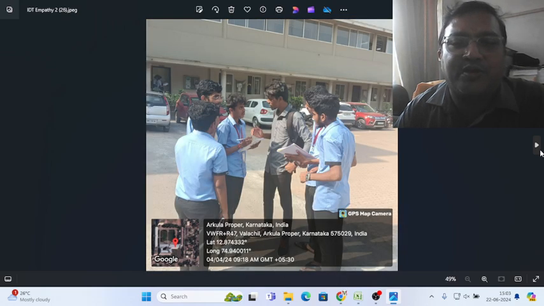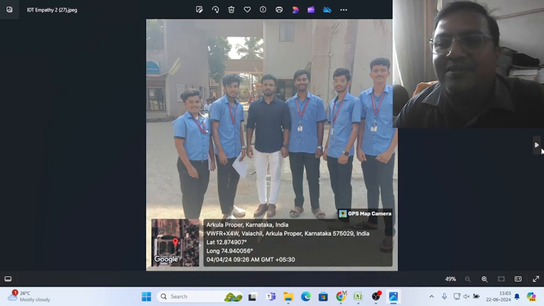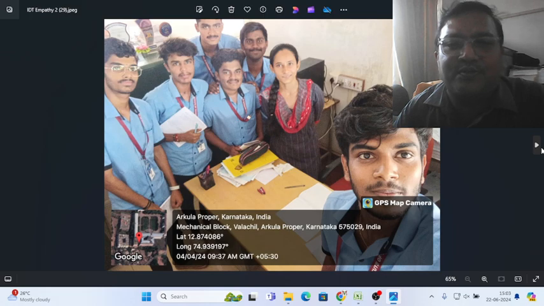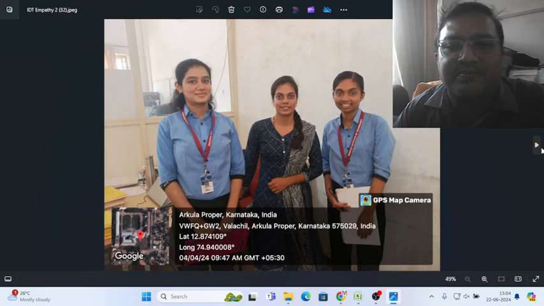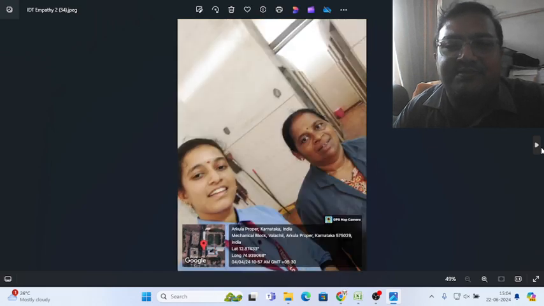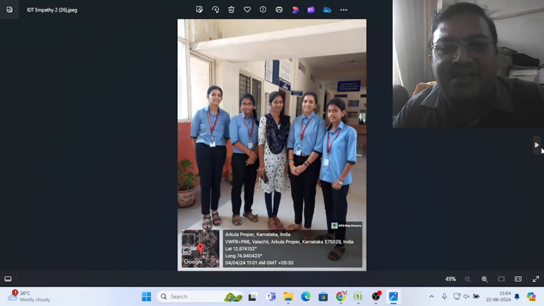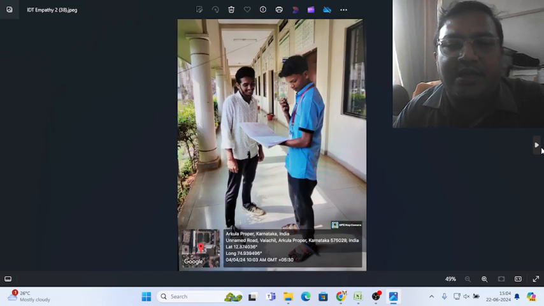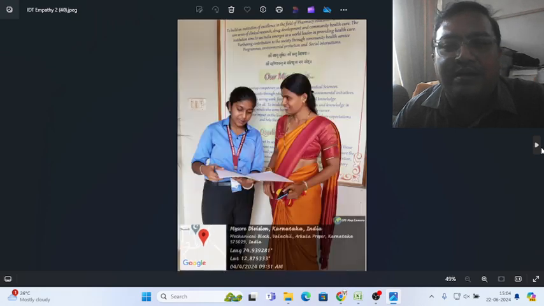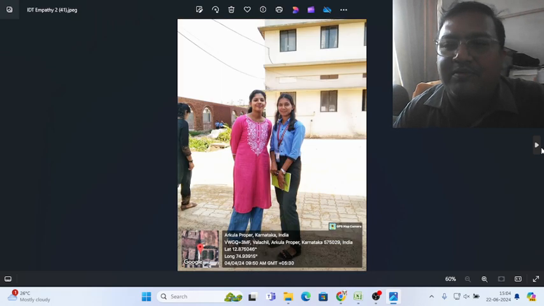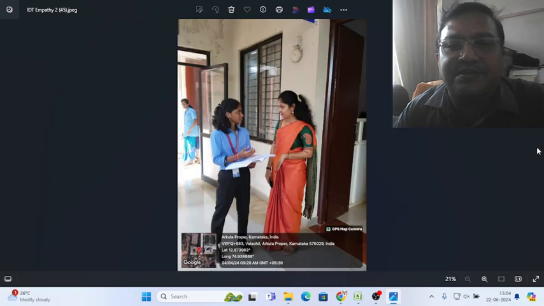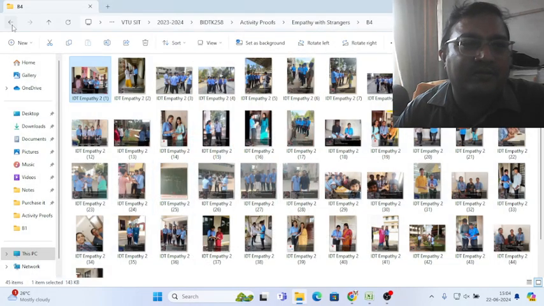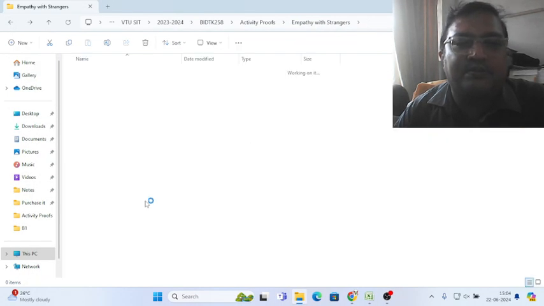This is what they were told to type: what the product is and what the empathy is, because this is the empathy they are collecting from strangers. I told them to approach strangers, but many of them went to the staff room and asked, but it is okay, it is part of the game. They went to a pharmacy building and the temple area. One more is there.